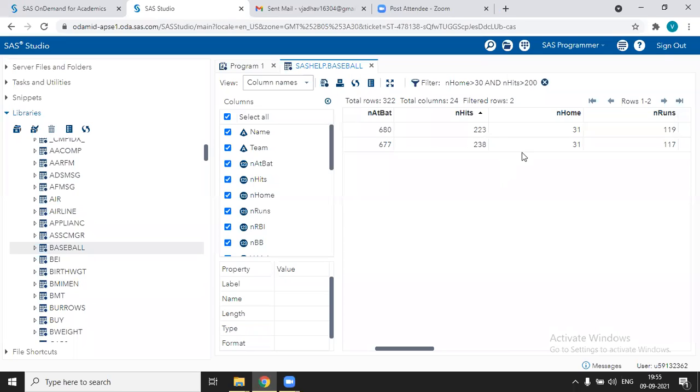You can see at the top both the criteria, n home greater than 30 and n hits greater than 200, are applied, and we just got 2 records. In the whole dataset, this criteria is satisfied by just 2 records.